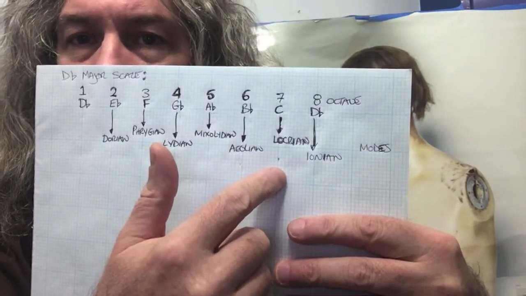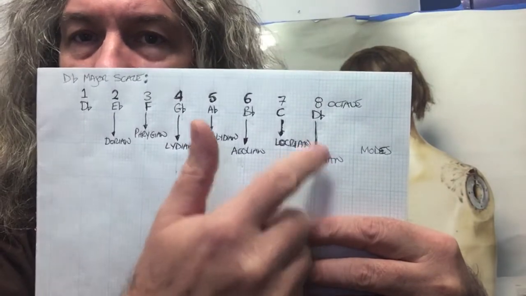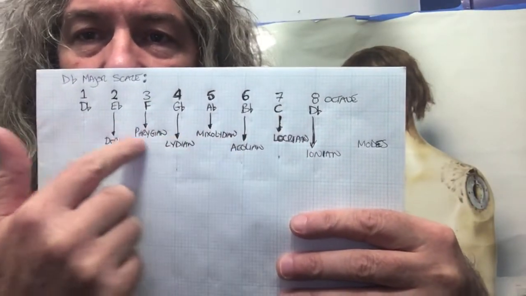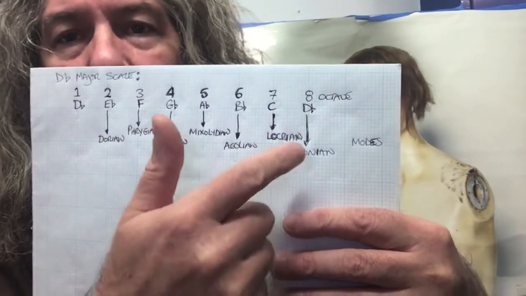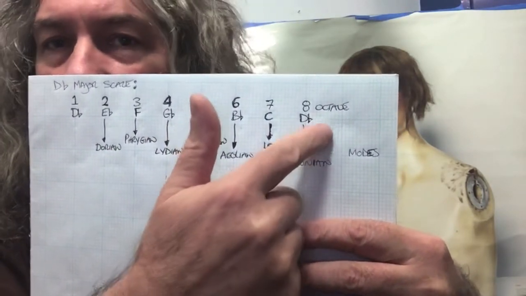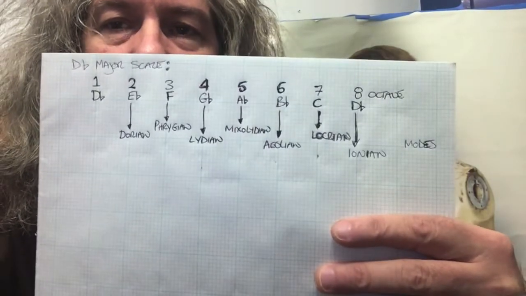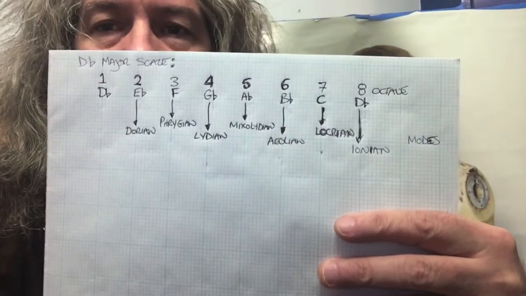the 7th note. Starting on the 1st note, we know it's a major scale, and this is why people get confused. It is a major scale, but because we've got all these subsets of modes, we have to include the Ionian mode, which is exactly the same as the major scale which it came from. I know that's confusing, but that's as easy as I can make it